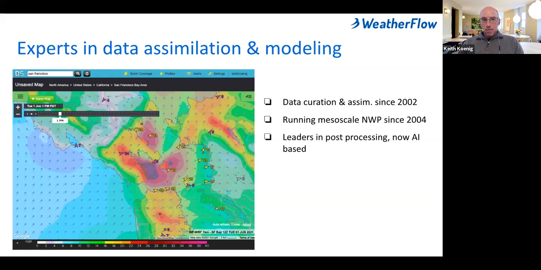Our team at WeatherFlow, the majority of us are degreed meteorologists, but we also have data scientists, software engineers, and hardware engineers. And more so, we have a growing team of PhDs in atmospheric science in our Fort Collins office, developing modeled products against the wealth of data that we're bringing in.